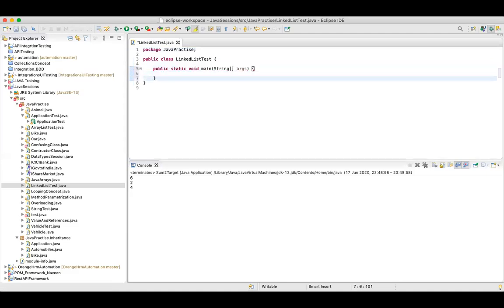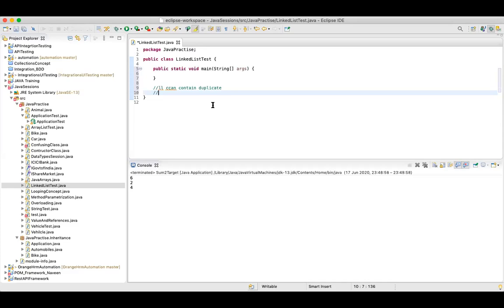As I said, it's a doubly linked list and it provides a linked list data structure. A few points in terms of duplicate elements: linked list can contain duplicate elements, and insertion order is maintained when we are dealing with linked list.